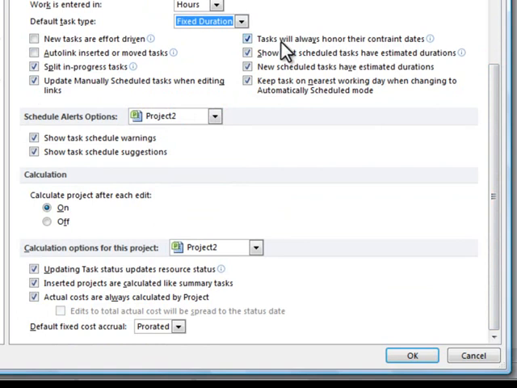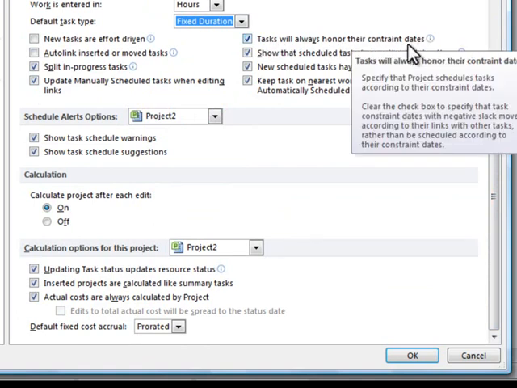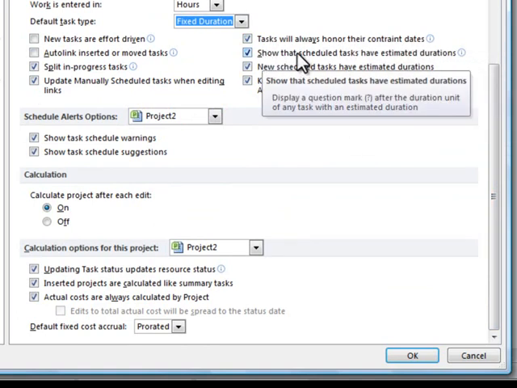So I want to make sure that tasks always honor their constraint dates, and I want to show scheduled tasks that have estimated durations. If you forget to put a duration in a task, it usually puts a 1-day duration with a question mark next to it, so you know that that's an estimated duration and you can change it